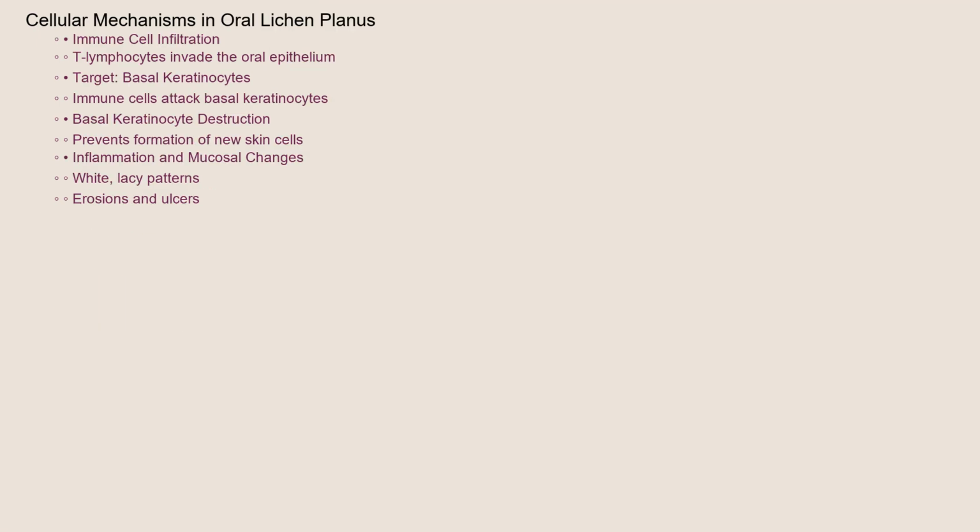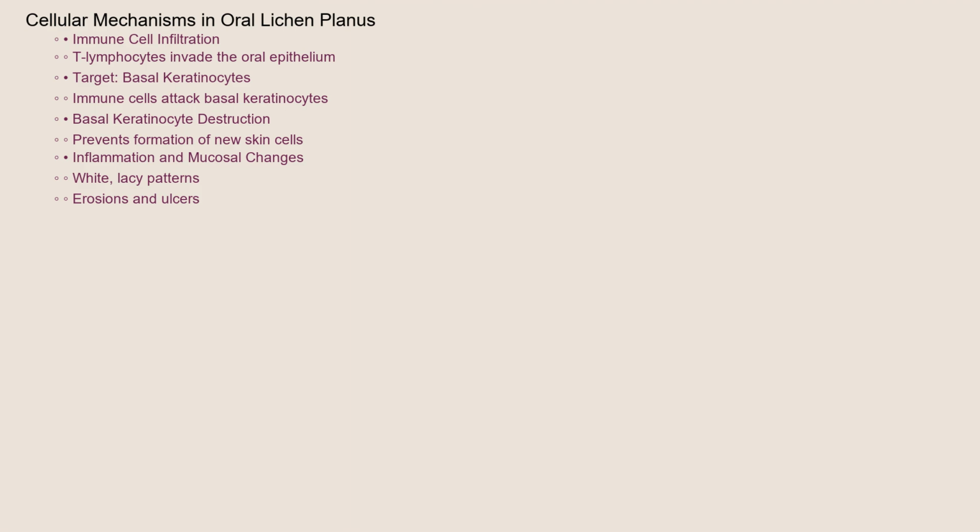Now, let's talk about what's actually happening at a cellular level. In oral lichen planus, immune cells, primarily T lymphocytes, infiltrate the epithelium, which is the lining of the mouth. These immune cells then target and destroy the basal keratinocytes, which are the cells responsible for forming new skin cells. This process leads to inflammation and characteristic changes in the oral mucosa, such as the formation of white, lacy patterns